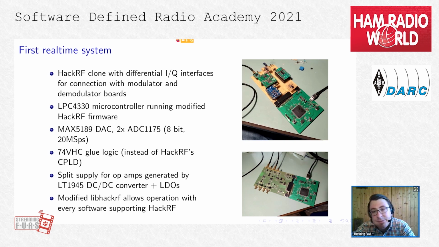And I hooked this up to this digital HackRF compatible board. And instead of the CPLD that's used on the HackRF, I chose discrete digital logic. So it's 74VHC, very high speed CMOS glue logic. You can see this here on the PCB. It's these SOIC 14 and 16 chips that basically do all the timing stuff, creating the enables and the gating of the clocks and the like. If you know the HackRF's VHDL source code of the CPLD, you will know what I mean. It's just generating control signals.